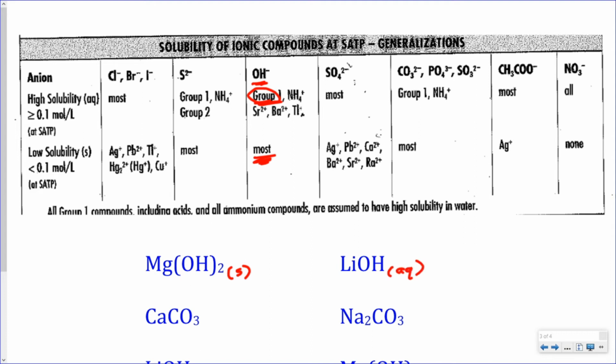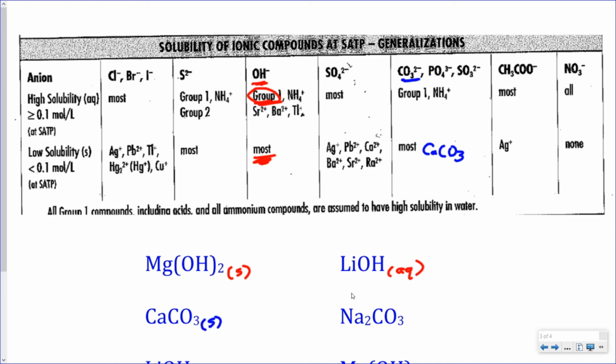Take a look at two carbonate ones that we have here. We have calcium carbonate and sodium carbonate. So again, in both cases, we're going to look at the anion first, the carbonate. So that's right here. And then calcium carbonate. Well, calcium is a group 2 metal, so not group 1 or ammonium. So calcium carbonate is going to fall right here, CaCO3, which tells me that it has low solubility,